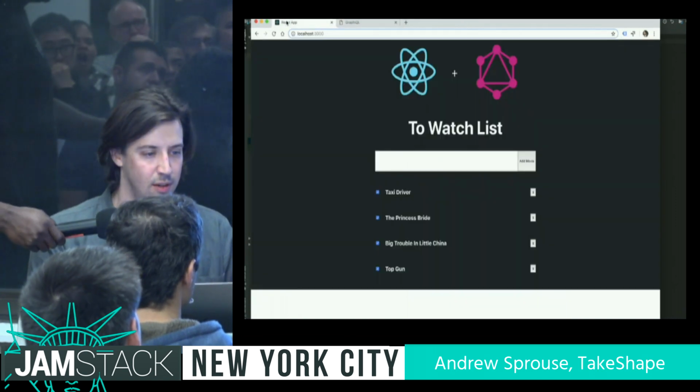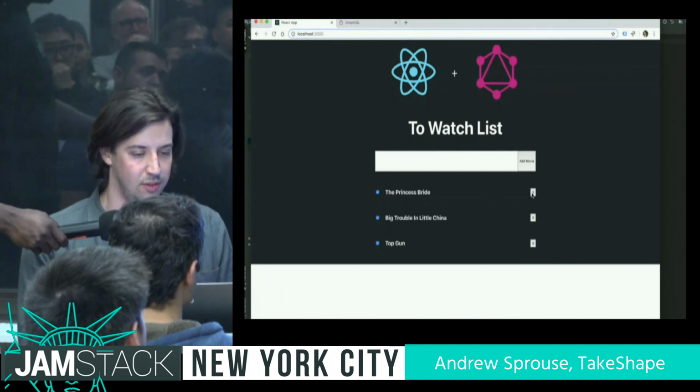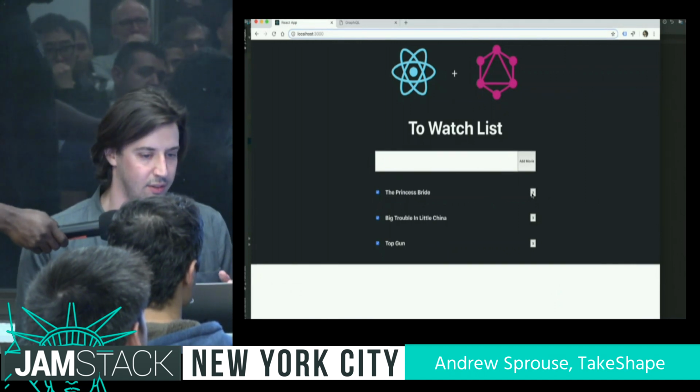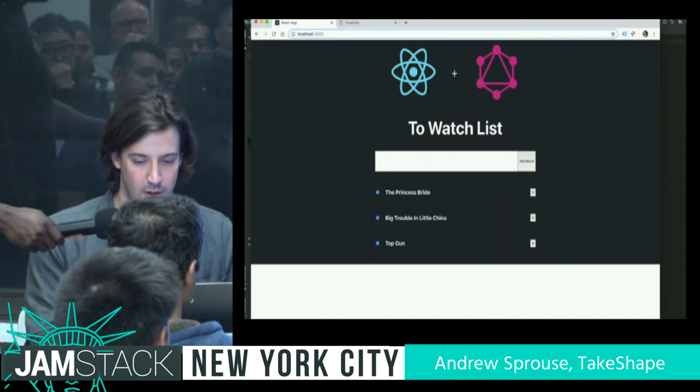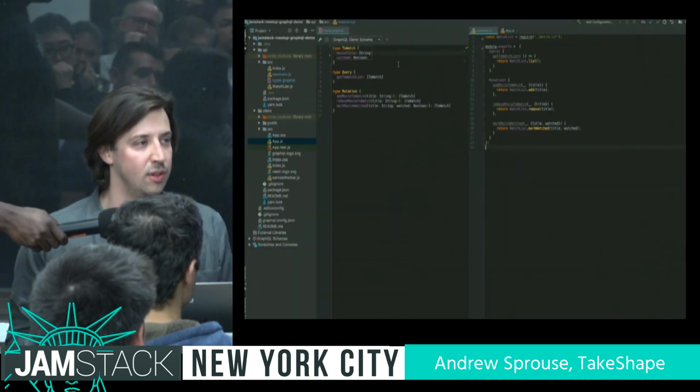So this is great. We have an app, a to-do app. We can change the data, we can do stuff. And now let's get into the details a little bit. I'll show you how our schema is defined, and now I'll show you how we query it